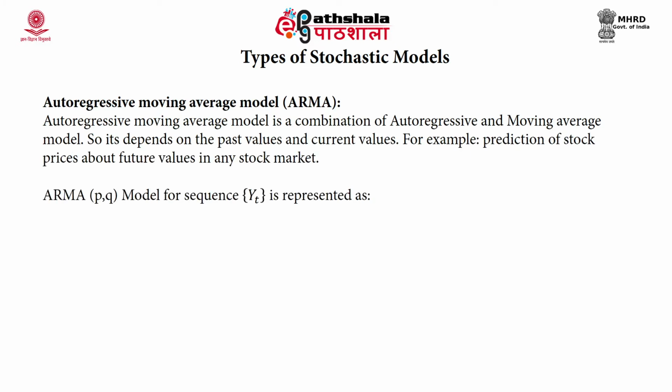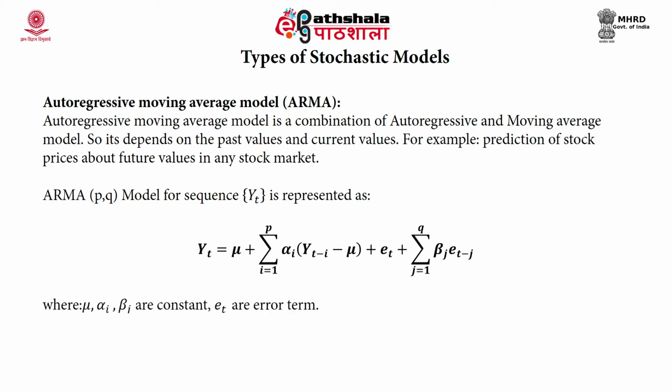Autoregressive moving average model is a combination of autoregressive and moving average models, so it depends on the past values and current values. For example, prediction of stock prices, or future values in any stock market, one can use this model, that is ARMA, and it is noted as ARMA(p, q),